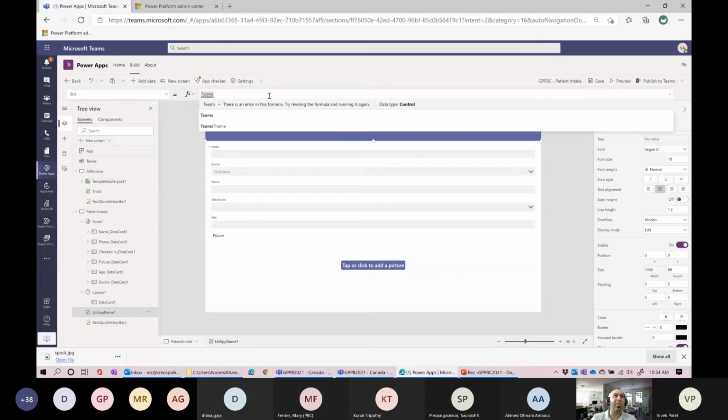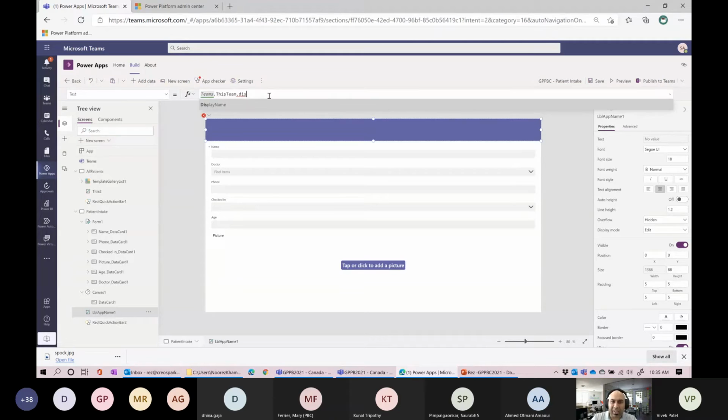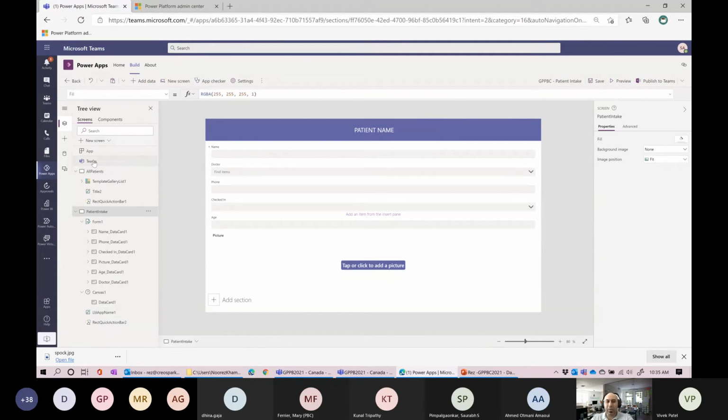So by going to that team's context, I type in teams, and I'm able to get stuff like the team that I'm in. So this team as an example. And as an example, what's the display name of that team, right? So perhaps we want to show that team that we're in. And we want to show perhaps patient name. Let's just leave that like that for now, and then we'll get to that later, just so we see something. Okay, so that's a really cool concept you guys will work with as you get more advanced into Teams,